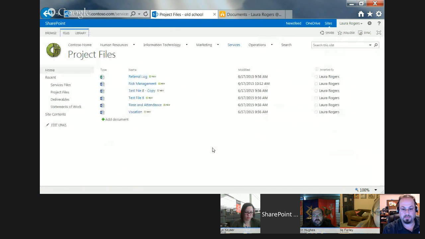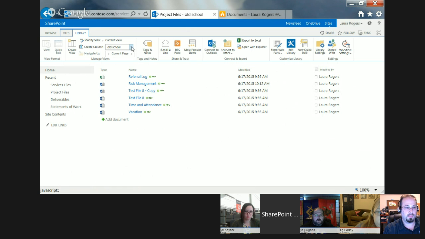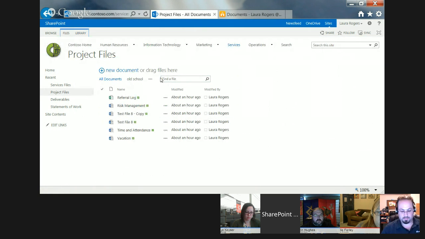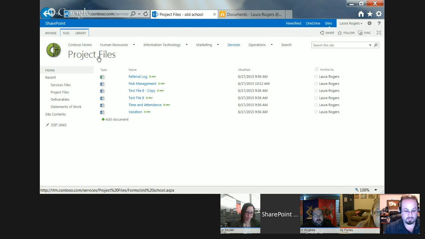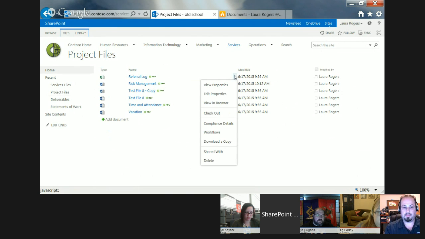And you'll notice that in production, in a regular library, when you do this, this really confuses the end users, because then they lose their little thing at the top of the library, and they lose their ability to quickly flip between views. They have to go up here to do it. And we had a whole Power Hour about web part settings and some of this newer stuff in 2013 up here. But when I flip over to Old School, you'll notice that it just looks like an old web part from before SharePoint 2013, with a nice little drop-down box that we were used to. So